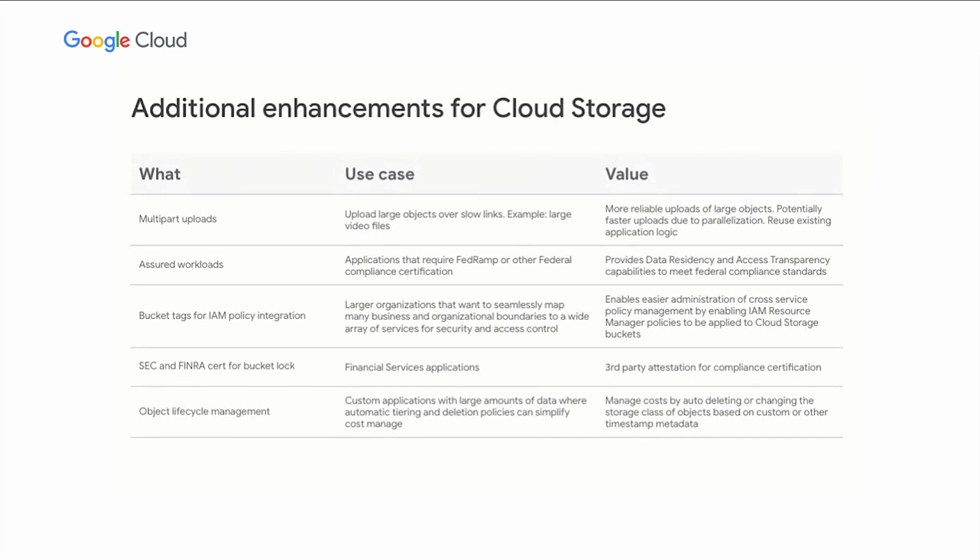So this has been a very popular programmability feature. And then a category, the next three, all around security. Security is something we take very seriously. We work a lot with customers around their security needs. So we want to make sure that we support the various workloads that they have here through assured workloads, through providing tags, bucket level tags that let customers reason about their data through IAM policies and support